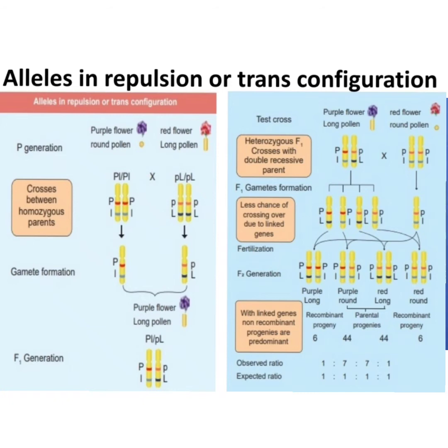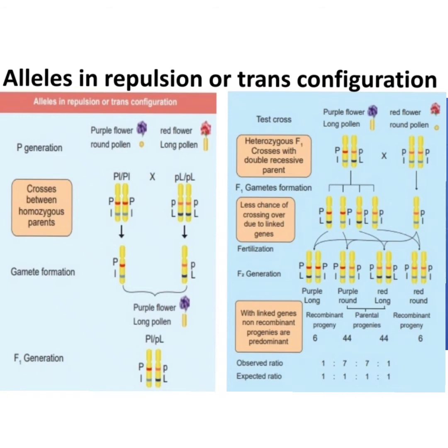The purple long will have capital P capital L in one homologous chromosome and capital P and small l in another homologous chromosome. The purple round will have capital P and small l in one homologous chromosome and small p and small l in another homologous chromosome. In the red long, small p and capital L will be present in one homologous chromosome and small p and capital L will be present in another homologous chromosome. In the red round, small p and small l and small p and small l are present in the homologous